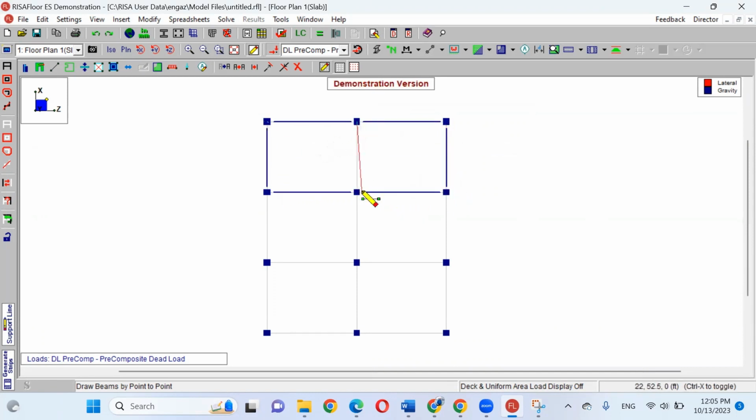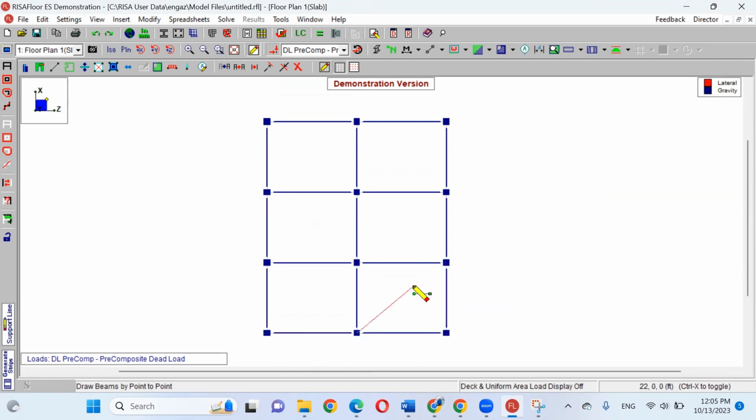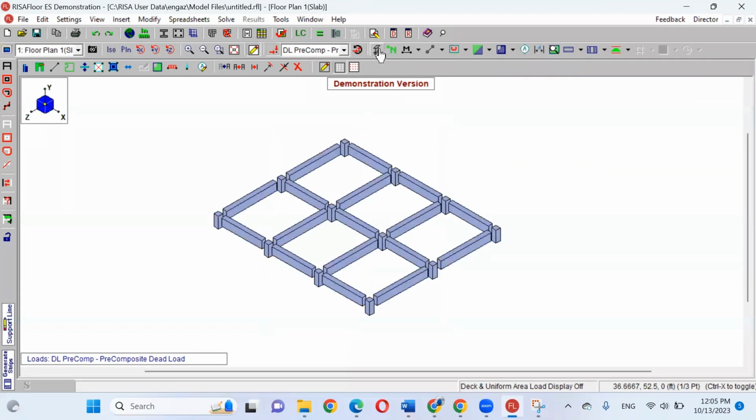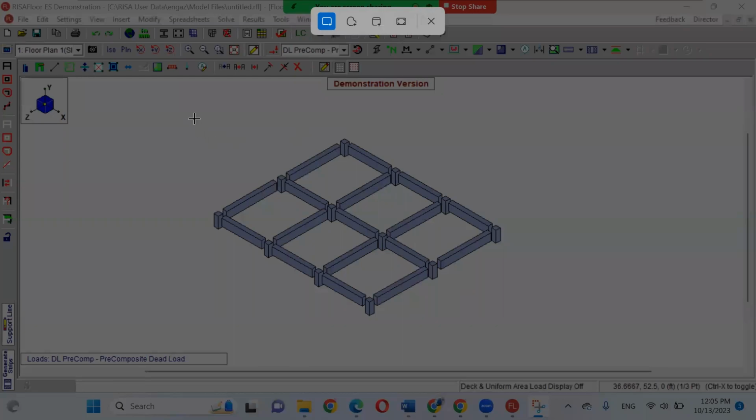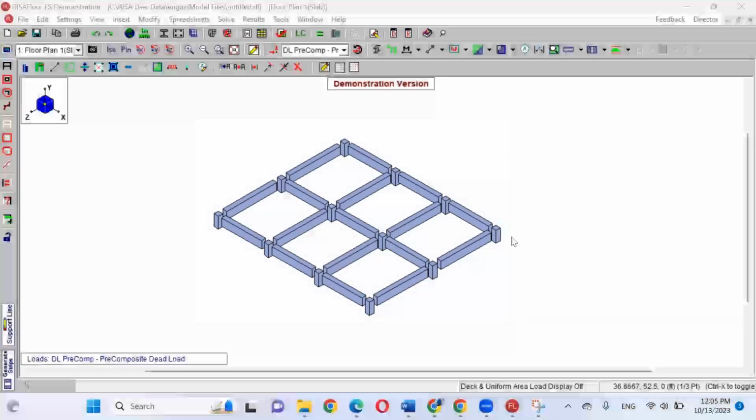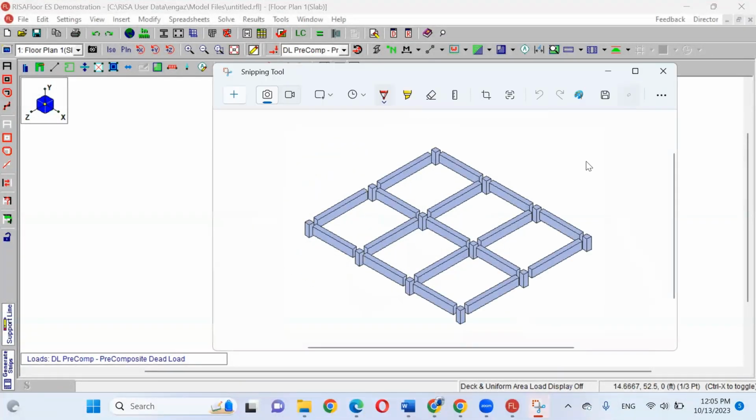Does that make sense? Click. Here you go. If you would like to see it in isometric, this is your sheet. You can take a screenshot of this shape when you are constructing your model and put it into the Word file.